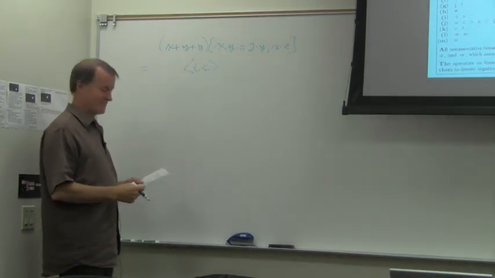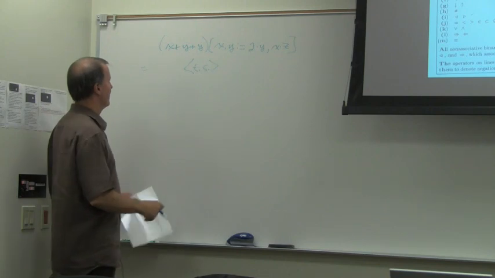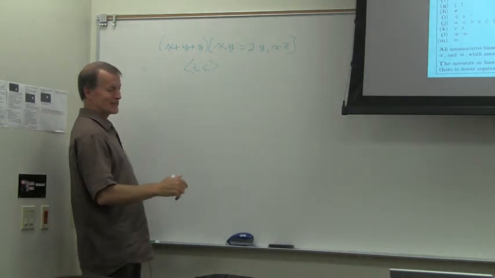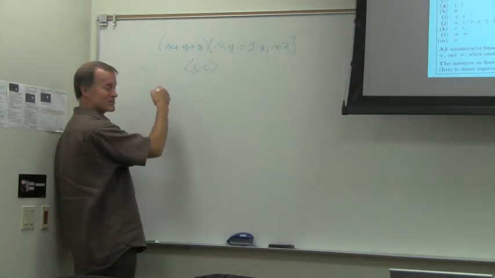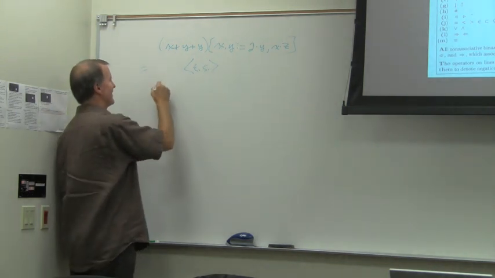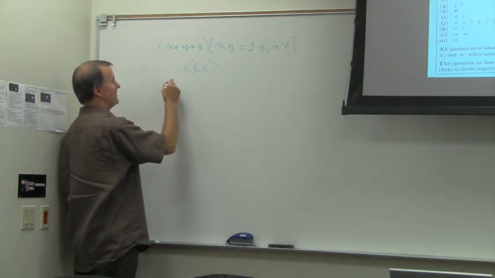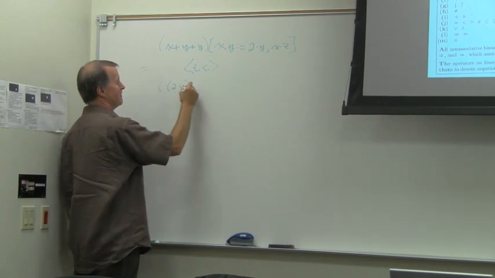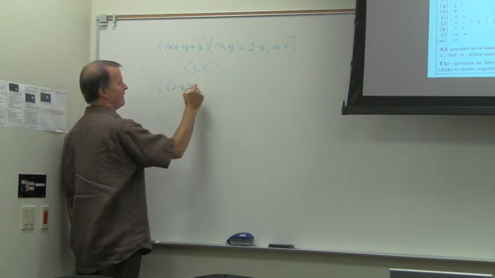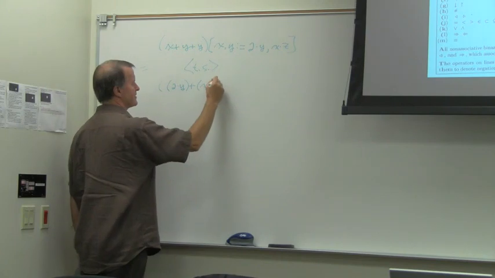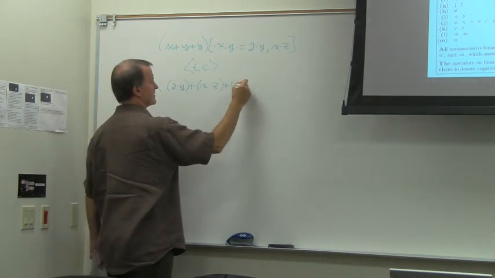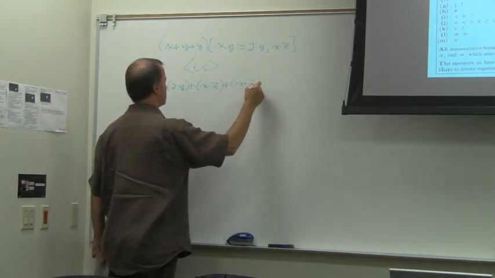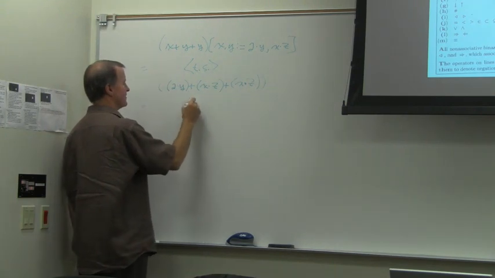Do the exact same thing, but why don't you just tell me what to write down. Parentheses, and put 2 times y in parentheses. Plus x times z in parentheses, close parentheses, equals,